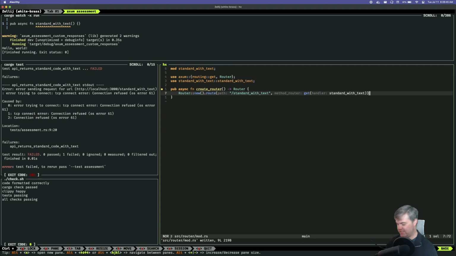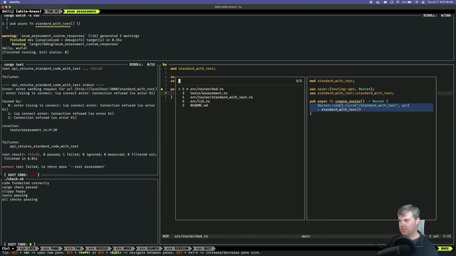There's the entire tracing thing too, isn't there? All right, well, let's do bare minimum here, and then I'll add tracing in a minute. Okay, so we have this. Let's go to lib.